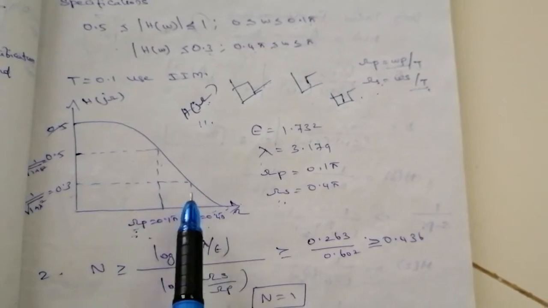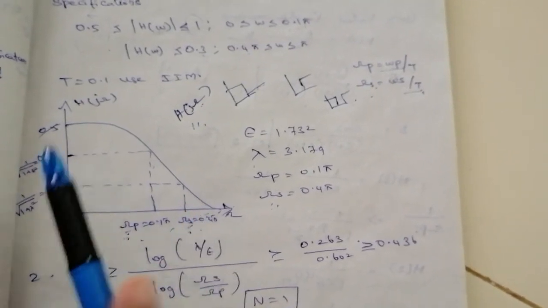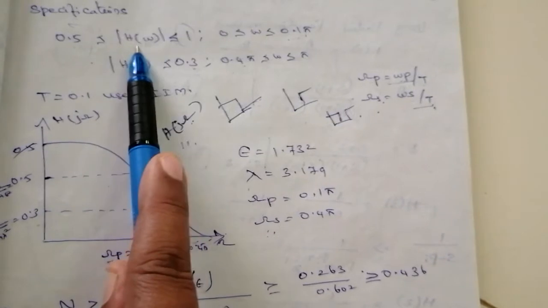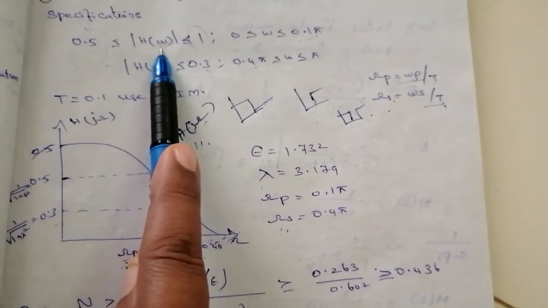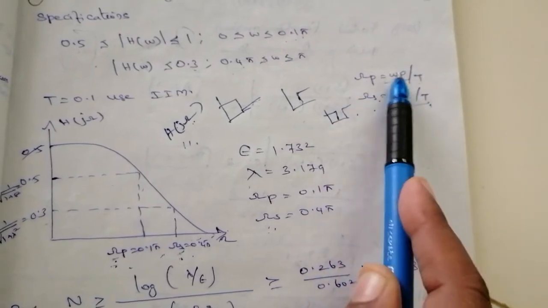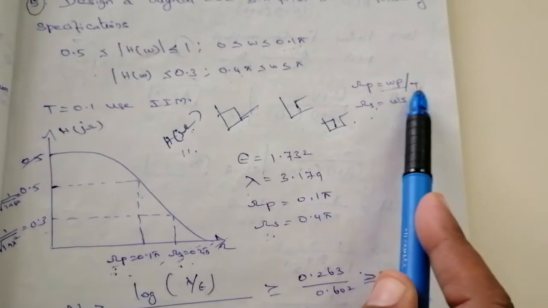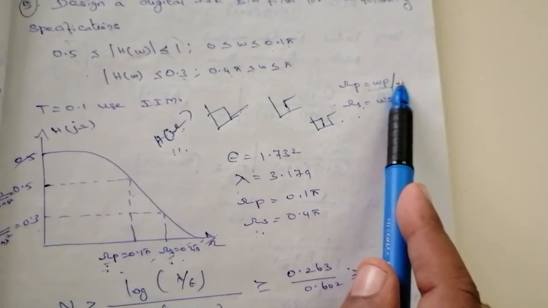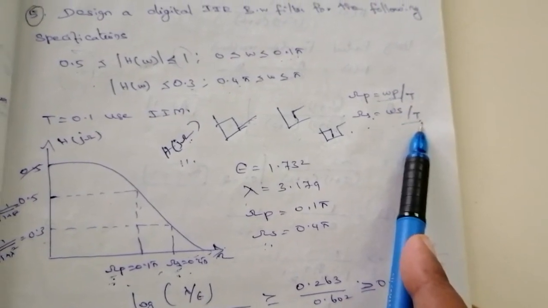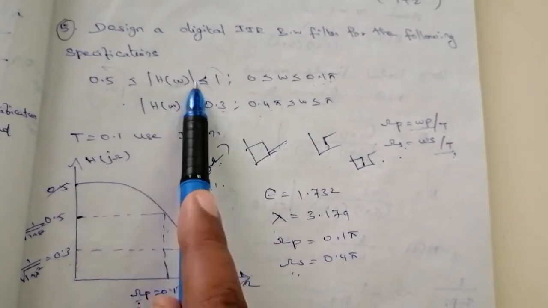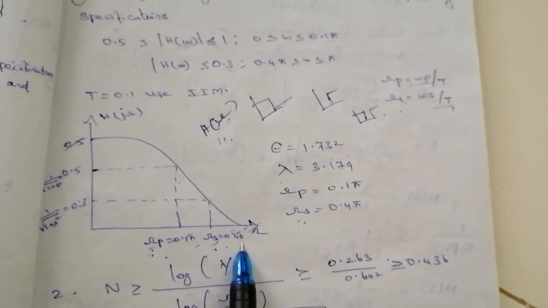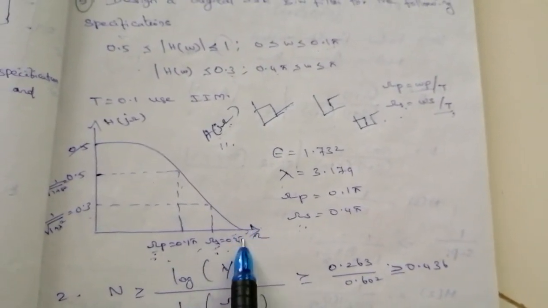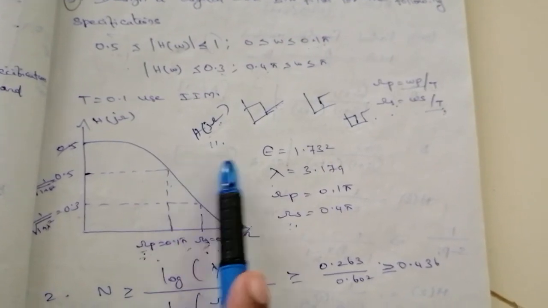Have you catch my points? Is it clear? In the specification, if the frequency value is in terms of omega, we have to convert that omega into sigma with the help of this formula. If T value is not given, we can assume T value is 1. If the specification is in terms of j sigma, we have to take directly sigma p, sigma s. That is the difference, right? So remaining steps we all know.